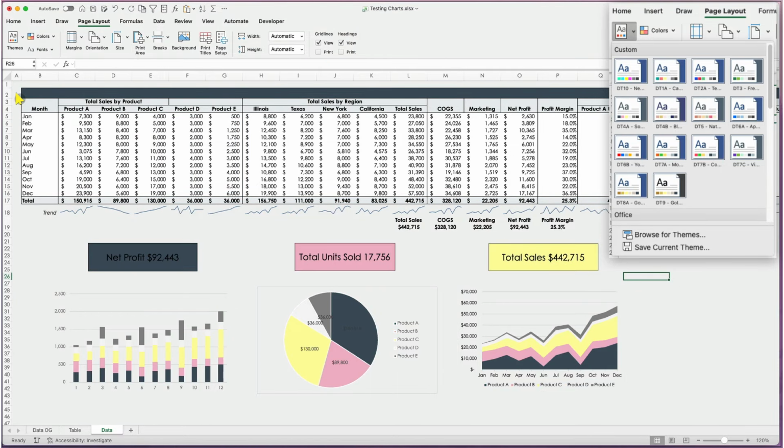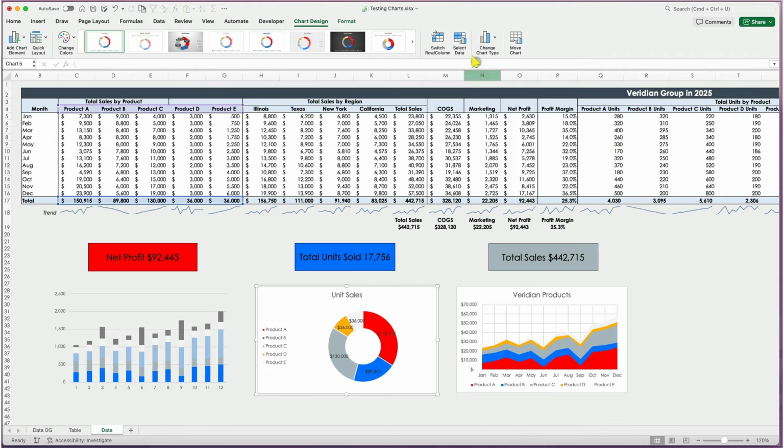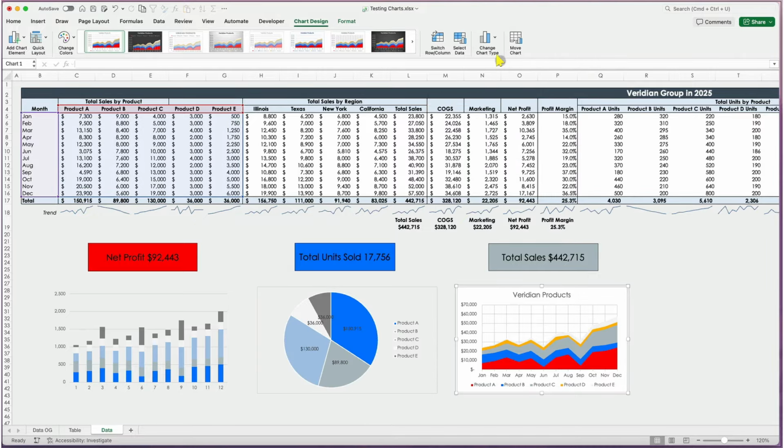These dashboards use 10 different chart types and a set of 15 professional color themes that work well for any